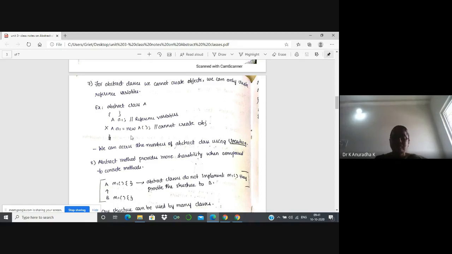Now, the next concept is how we access the members of the abstract class using upcasting. We create the object for the subclass which extends that abstract class, and by assigning that subclass object to the superclass reference variable, that is nothing but upcasting.